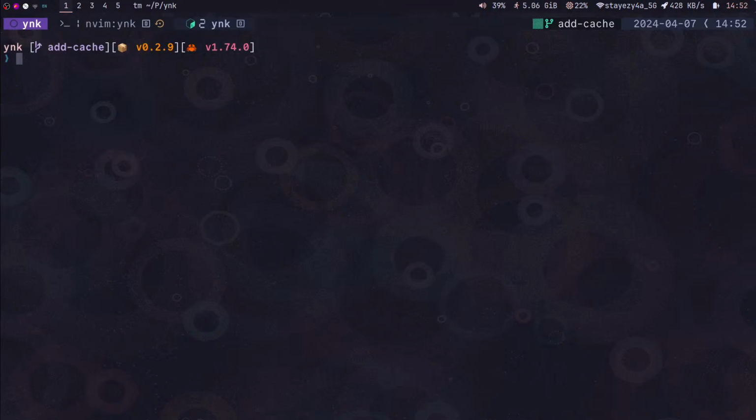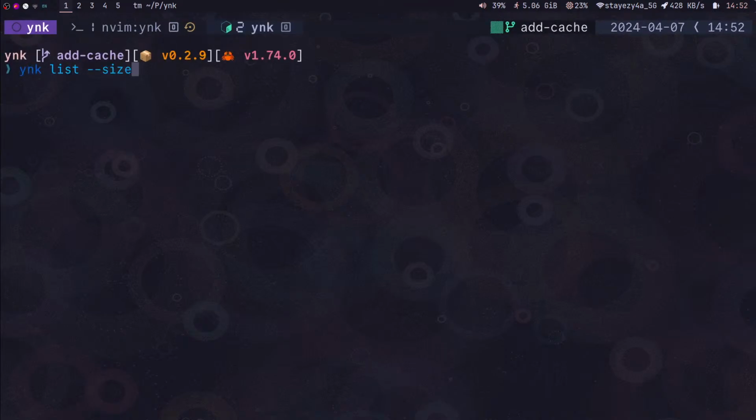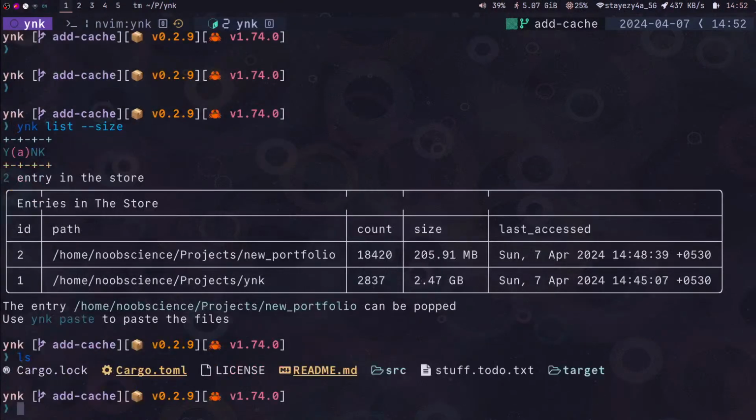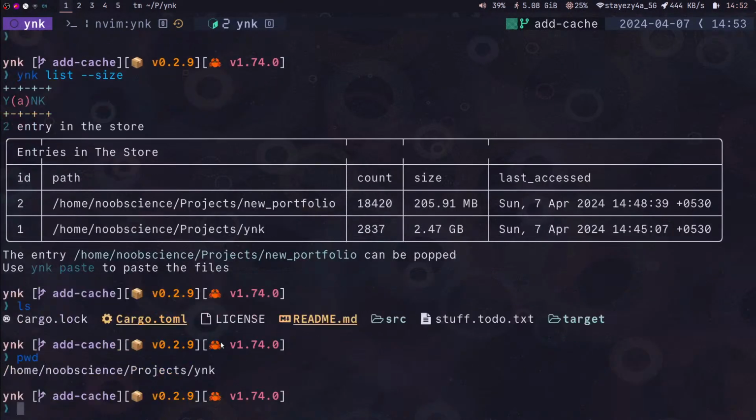So to essentially use it, if I do a yank list, you'll see that entries are stored in a database. And let's say I want to put the new portfolio in a new directory in my PWD, which is /snoopsign/project/yank. I want a folder called portfolio with the new portfolio content in. So I just do yank pop to